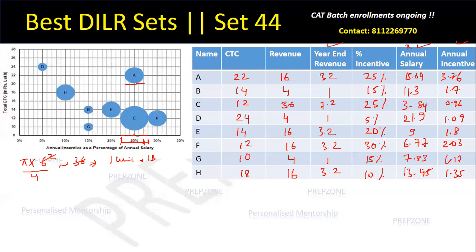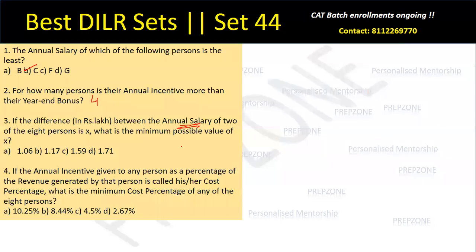Can I take 15 and 13.5? This will be around 1.5. I can see one more pair of values, 6.77 and 7.83. Right? If I take the difference of this, it will be 1.06, which will be less than the difference of 15.05 and 13.45. So it has to be the difference between the annual salary of F and G,